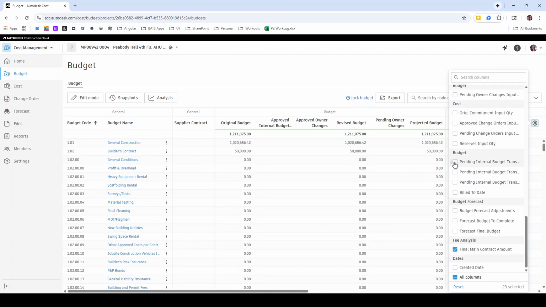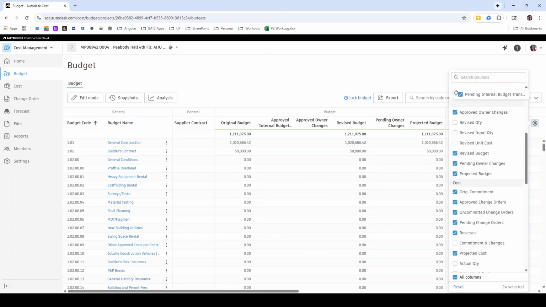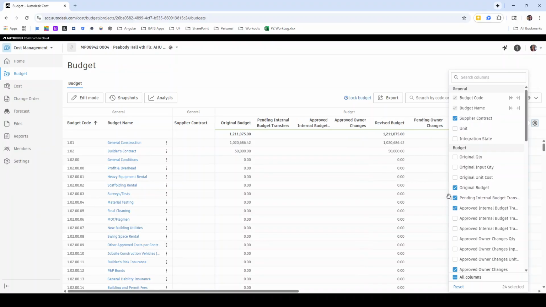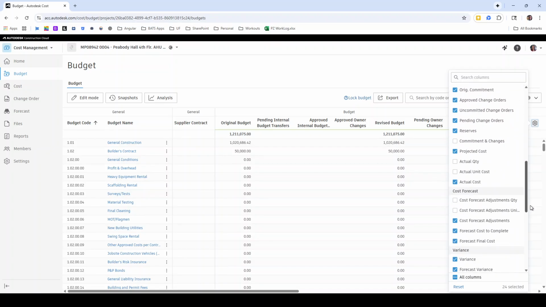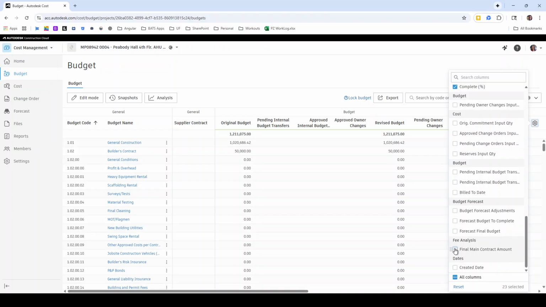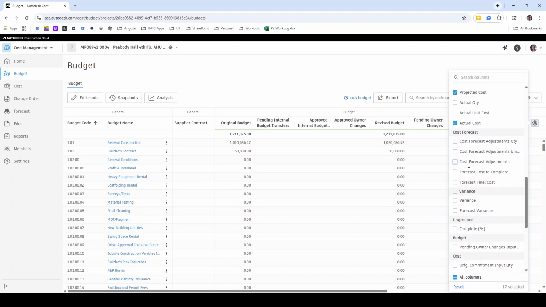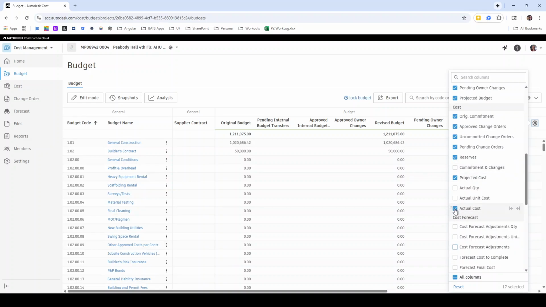So for example, if I wanted to see any sort of pending budget transfers, I might decide to turn those off, and I might decide to put them up right after my original budget so I can see those. Again, I might want to turn off some columns, turn off a couple of these down here. To simplify,